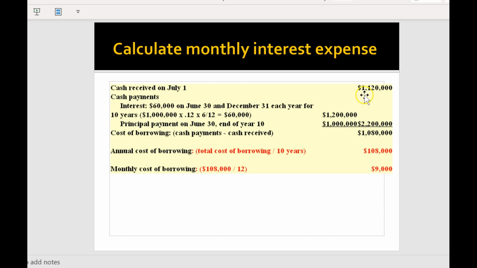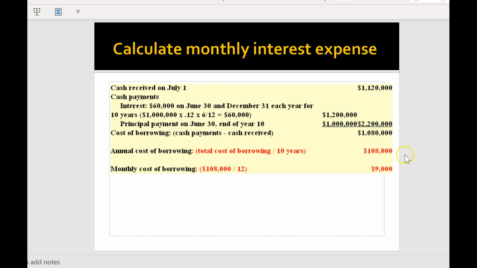You can see that we are still paying out 2.2 million as before. However, we received more than the principal indicates. We received 1.12 million because our bonds are issued at a premium. So using the money we pay out minus the money we received, that's how much in total we pay out to the creditor. That's 1.08 million. That is the cost of borrowing. Now you see why I did something like this in my first case, although it looks like you can do it in a simpler way. So anyways, I'm calculating the cost of borrowing,